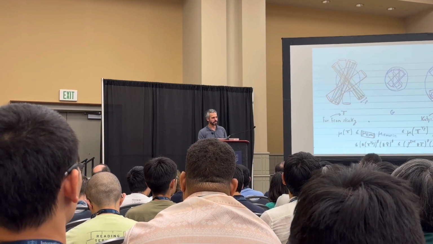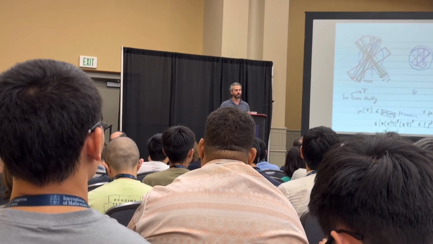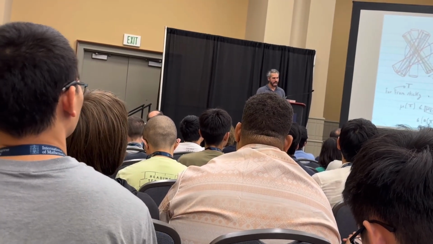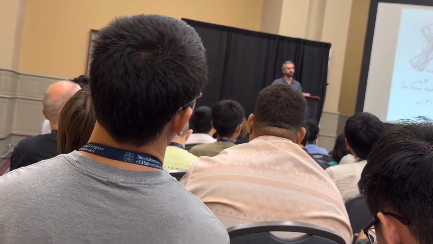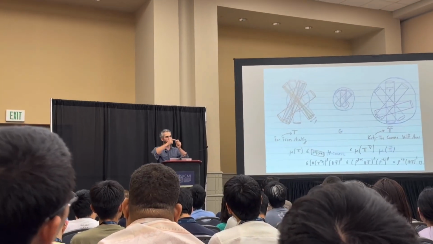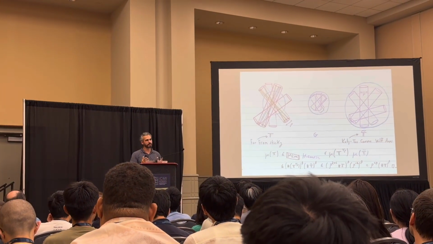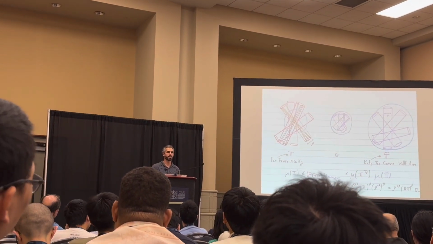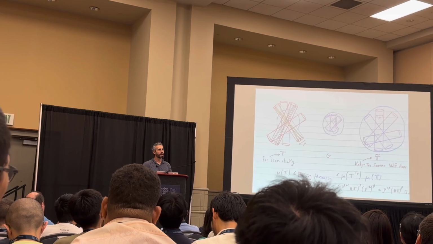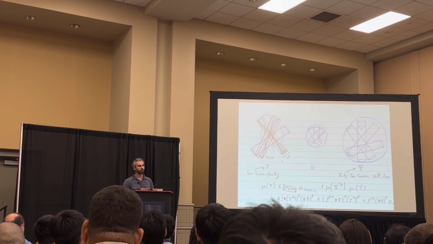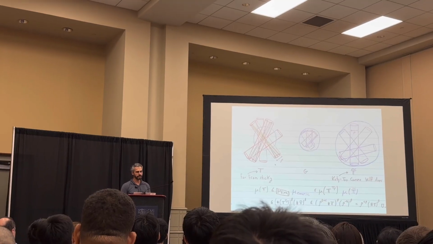The number of delta tubes passing through a point inside of a given rho tube, this is what I'm going to call mu fine. And I have this new quantity mu coarse, which is going to control how many different rho tubes can contribute to a given point. And I need a more efficient estimate for that than just how many rho tubes contribute to a point. And this is the key new idea. And so the way we estimate that depends a little bit on how these tubes are arranged. But I want to focus on one special case.